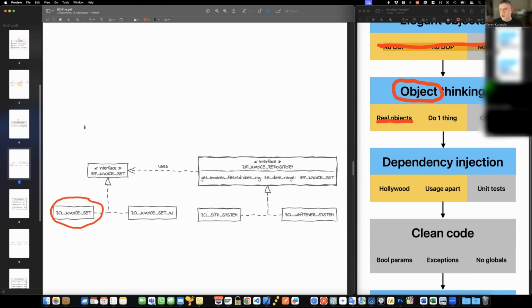Yes. When I go to the accounting department and look at the desk of an accountant, I see piled invoices in the accountant's basket or desk, whatever. So an invoice set is a real object. So it qualifies to be a class, because it corresponds to a real world object. Then